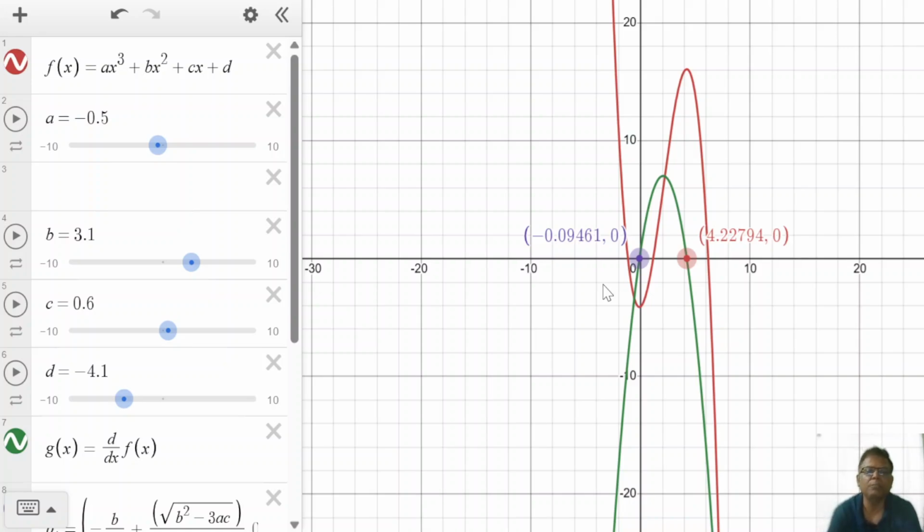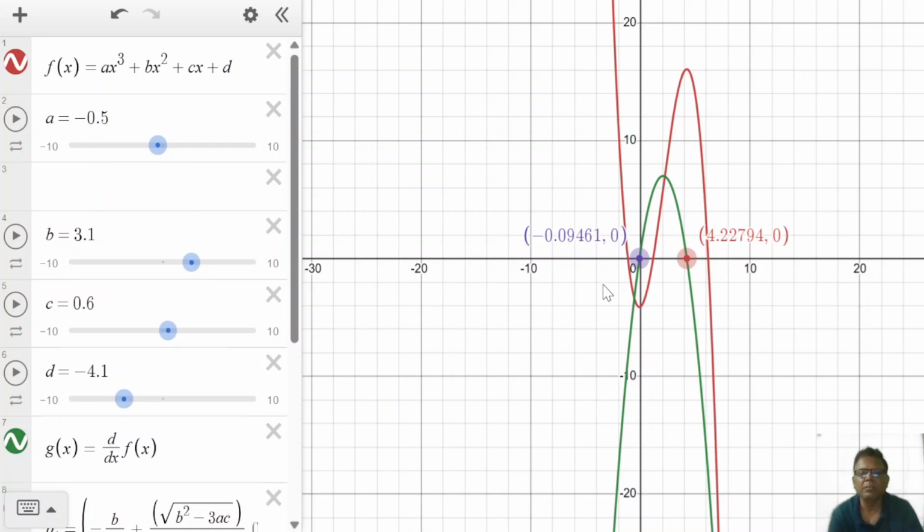We have learnt that if a is positive, then it starts from the negative y side and ends at the positive y side. And if a is negative, then it starts from the positive y side and ends at the negative y side. Second, maxima and minima occur when the derivative has roots. If the derivative has roots, then it will have one maxima and one minima. If the signs of the maximum and minimum are opposite, then it will have three roots. If both have the same sign, then it will have only one root.